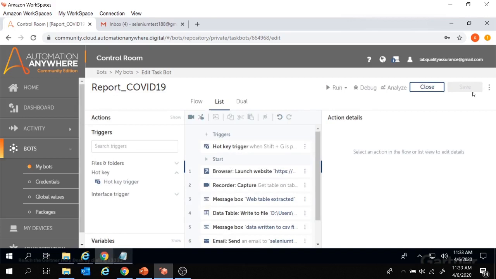Earlier, when the triggers were not added in the bot, we would simply click on run to run the bot. Now since we have added a trigger in our bot, we have two options over here to run: run now and run with triggers. Run now will simply run the bot without any trigger. Now let's say you want to run the bot with the trigger, since we have added a trigger option. So if we click on this run with triggers,